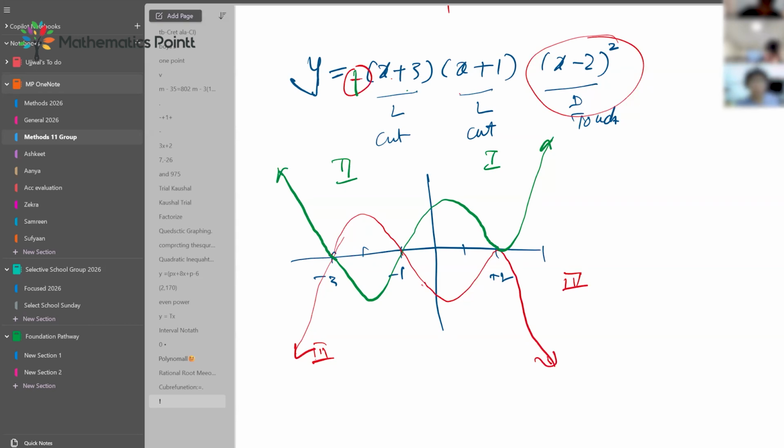That summarizes graphing. You can graph any polynomial if you are given a factorized